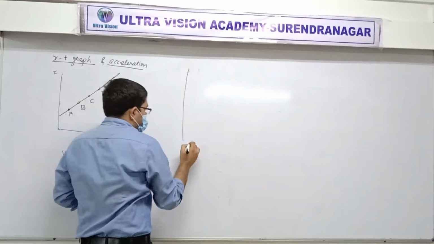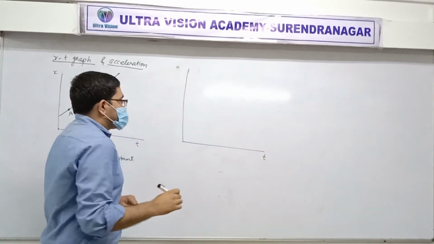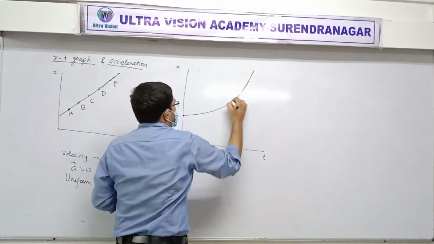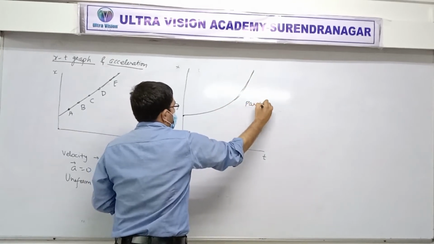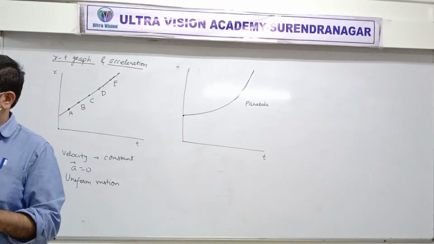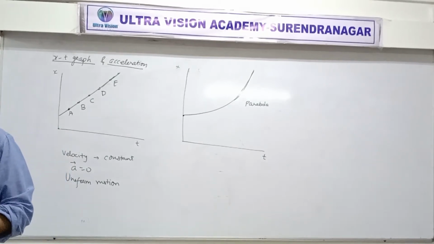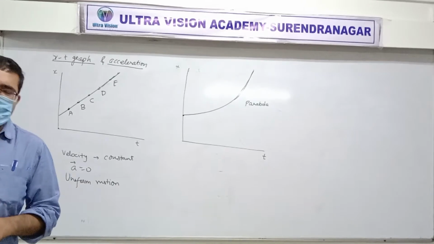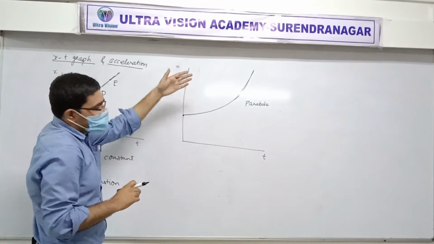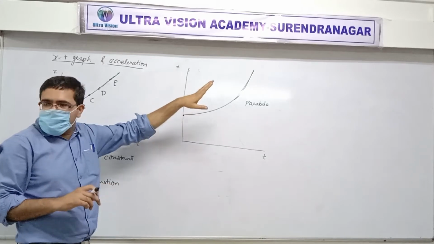Now let's talk about one or two more things. Suppose the x-t graph is a parabola like this. What's the shape? Parabola. I think we have talked about this earlier as well, that if the position-time graph is a parabola, then the acceleration is a constant. I think we were solving one of the examples from the book. But let's say it's like this. It's a parabola and it is curved. Correct or not? This is definitely curved. Or would you call it a straight line? No. It's a curve.